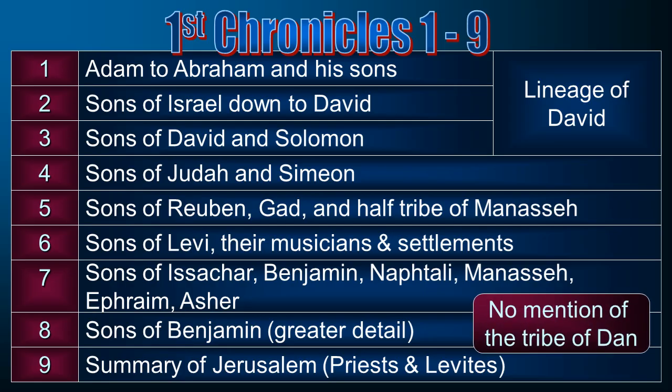There's no mention of the tribe of Dan. Why is that? Well, remember, the tribe of Dan said, we don't like the inheritance that God gave us. They were uncomfortably close to the Philistines. And so they packed up and they left and they moved way up to the northern part of Canaan, almost off the map if you're looking at a map of Canaan, right near the Mount Hermon and the headwaters of the Jordan River. And that becomes a place where eventually they set up a temple.